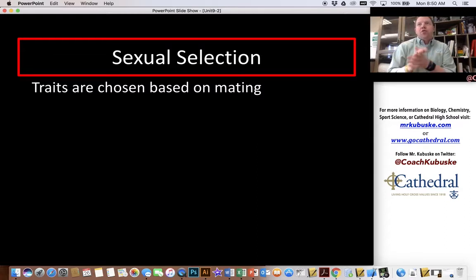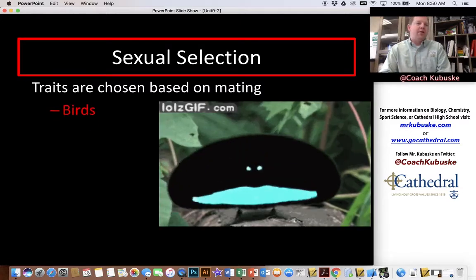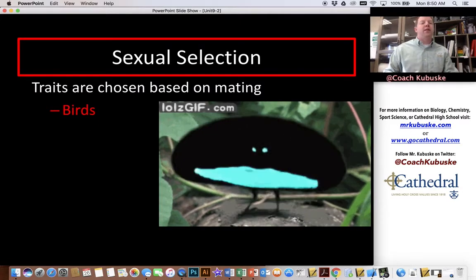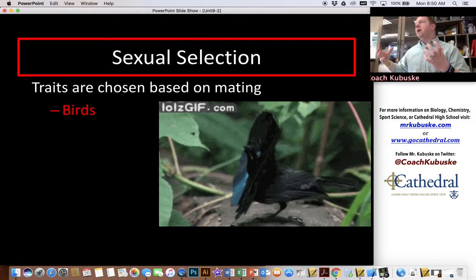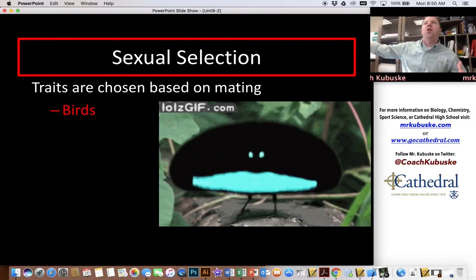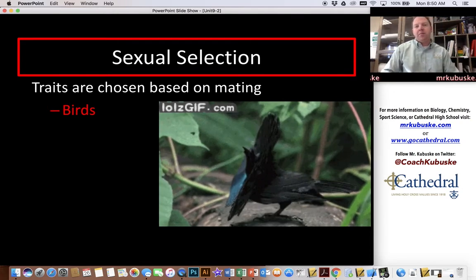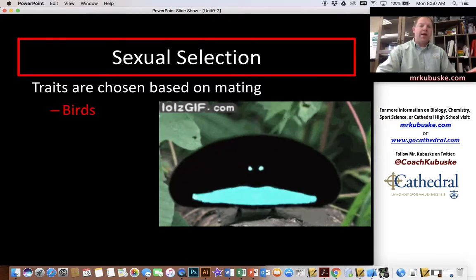But what if you're just choosing traits of your mate because you like them, because there are things that are appealing about those traits? Not necessarily that they give you a chance of survival, or that they give the humans a benefit. Well, that's called sexual selection. In other words, think about birds. Birds choose a mate because of bright colors, or a song, or feathers and things like that. Those don't necessarily help them survive. There's just something that's appealing to the mate. And so that's what sexual selection is.